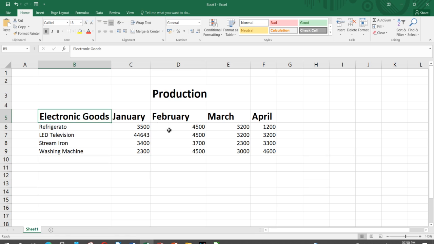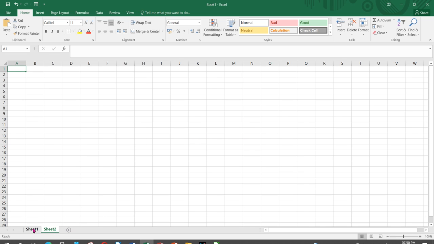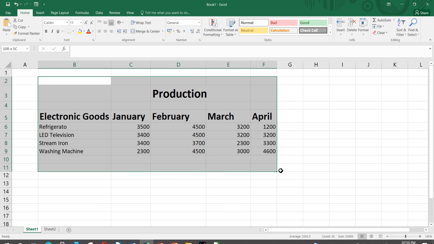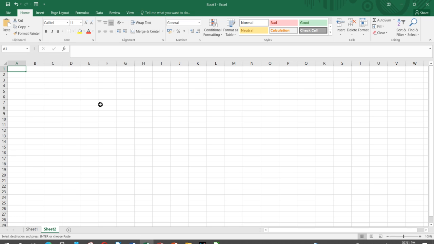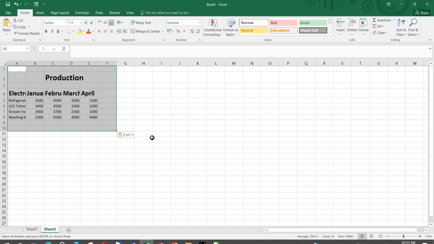Now if you wish, you can replace the text directly. Say you feel that this amount is too big, you can reduce this by simply typing this, and this is done. Click outside. Now let us see how to move the text to other places. In sheet number 2, click the plus button here, and thus sheet number 2 appears. We'll select the whole data and press Ctrl and C from the keyboard, go to sheet 2 and press Ctrl and V to paste it, and thus you can see this is appearing.